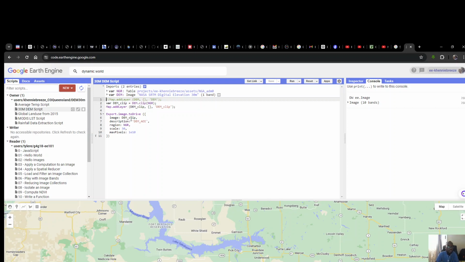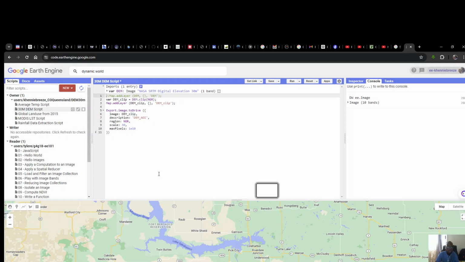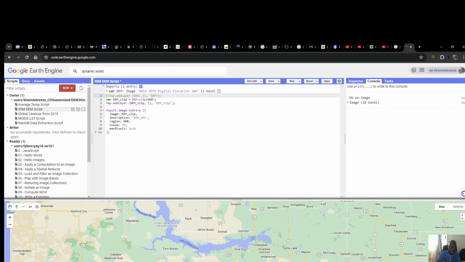Okay, so we have this. Here, var NGR, I renamed it as Nigeria. Here I have a shapefile of Nigeria. I downloaded the digital elevation model of Nigeria here. This is the shapefile of Nigeria, but we are not working with the shapefile of Nigeria. Let's remove it. Okay, we remove it. So let's download the digital elevation model for